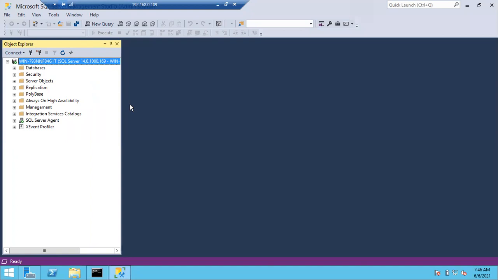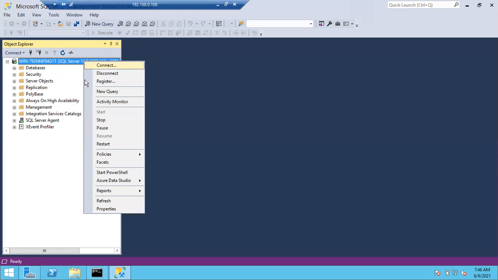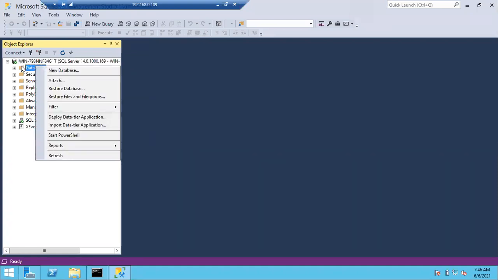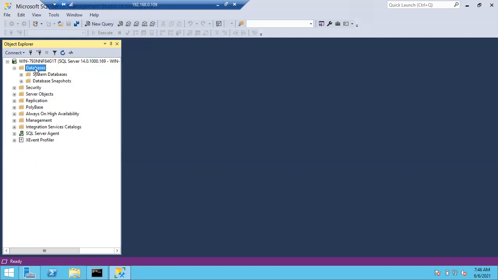So yesterday we discussed two or three shortcuts. How to open a new query window. What are the ways to open a new query window? The New Query button at the top, very good. Control plus N, very good. Right click on the instance and New Query, excellent. So what is the main thing to consider while running queries? You have to select the database.